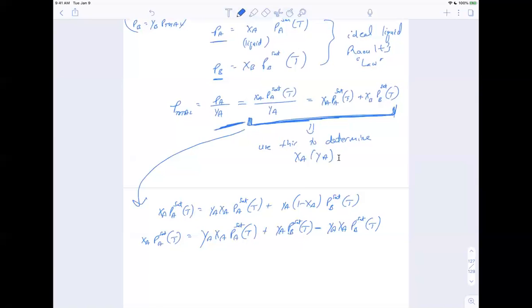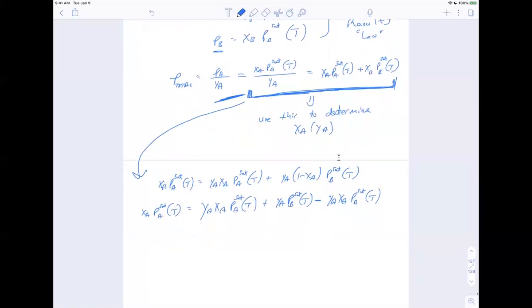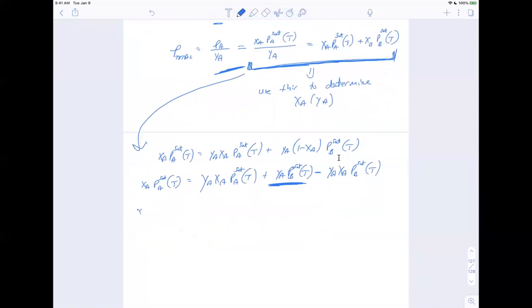All right, so now we're going to isolate a few more things, just rearrange. So I'm going to bring some terms over and I'm going to leave one term on the right-hand side. This is the term I will leave on the right-hand side, right here, and I'll bring everything else to the left-hand side. So that will give me xa PA sat